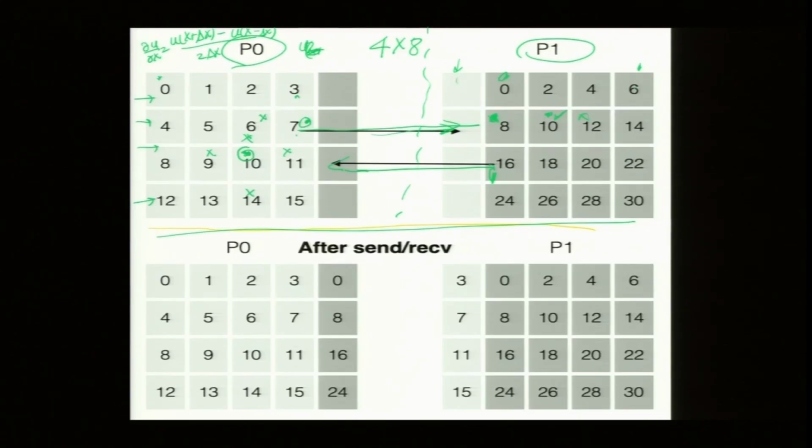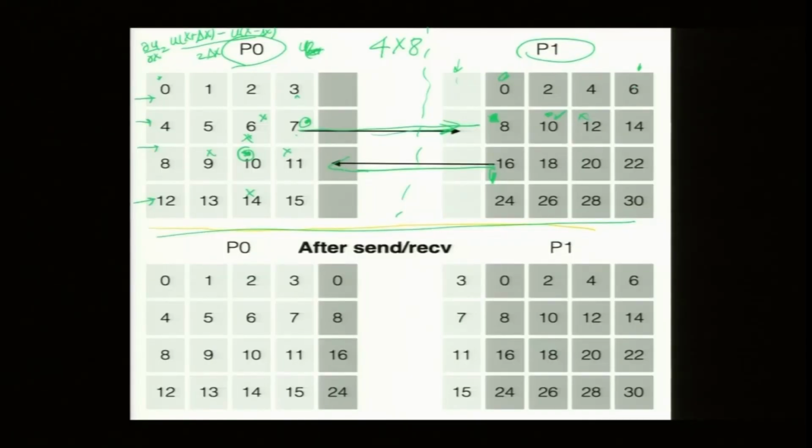Assuming no periodic boundary condition. If periodic boundary condition, then something has to be done for the left as well, and the idea will extend to more processors, right, no problem. So, if you have 4 processors, at the edge we need to worry. Okay. After send receive, what happens?